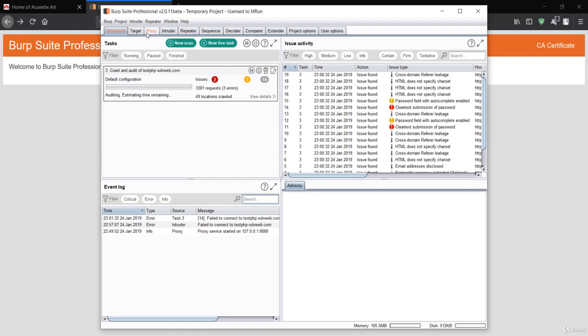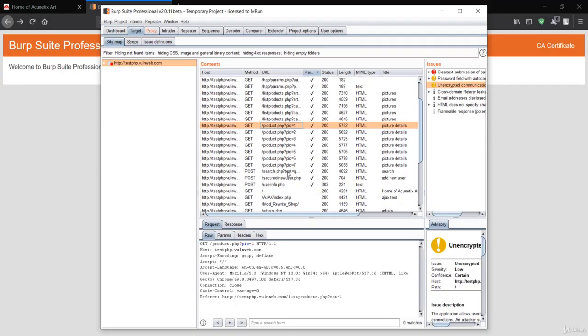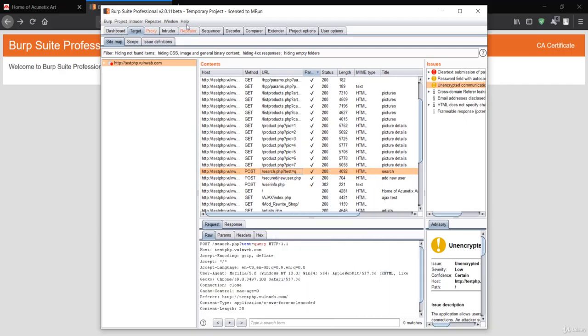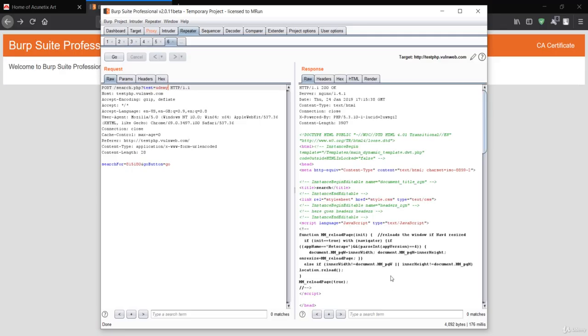Let's go right here to the target again, and now I'll look for another parameter. Let's test now for this one again. So let's test for this POST. Send this to repeater, go over here, and let's test for this query. So I'll just say Udemy again. Let's press go, and let's see if this reflects or not. So it is not reflecting.